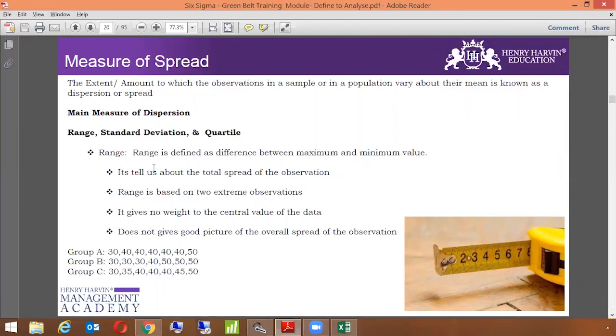What is range? Range is defined as the difference between the maximum and minimum value. It tells us about the total spread of the observations. Range is based on only two extreme observations, the minimum and the maximum value. It gives no weight to the central values of the data. It does not give a good picture of the overall spread of the observations, which means range only focuses on the first and the last part of